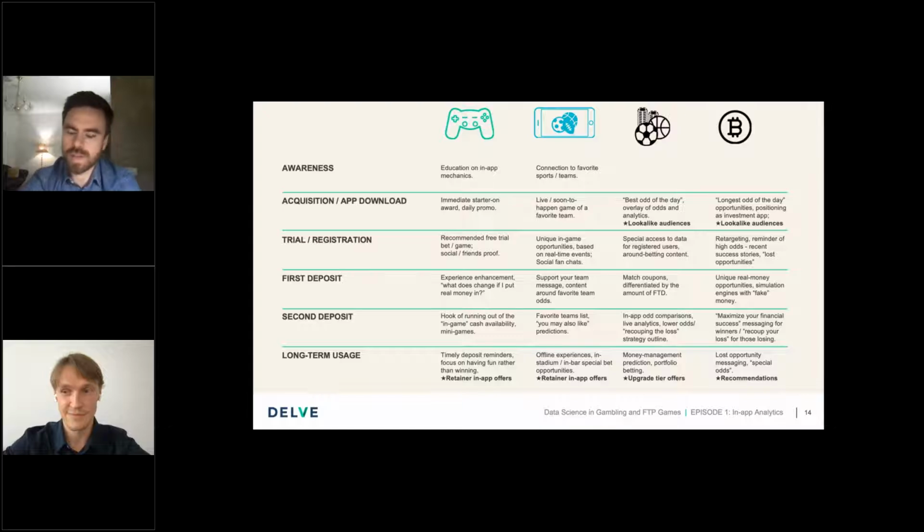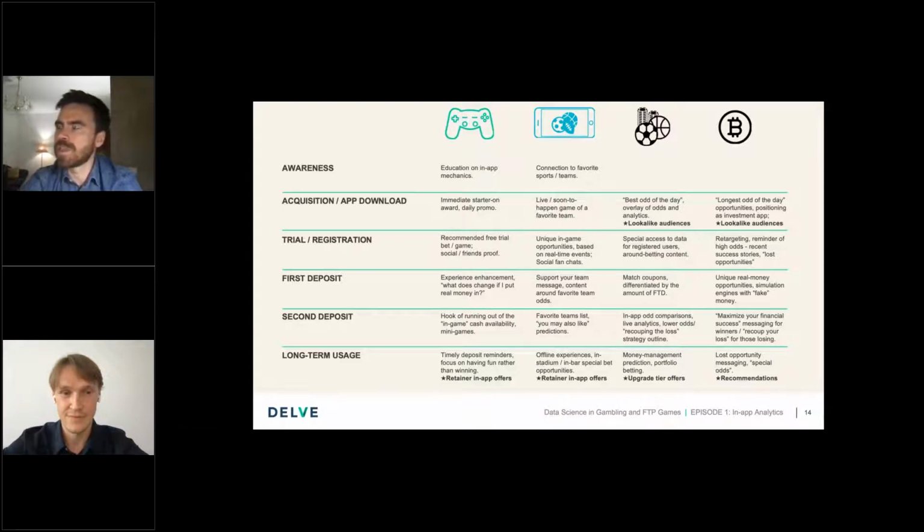And now you may wonder why we actually did this segmentation and this pipeline of specific steps on their lifetime journey. This is exactly why we did it, because we wanted to say what message to provide to which player at which step of his journey. So here is the matrix that you will later on study in detail. However, for this presentation, what is most interesting is what we could do on these specific steps.